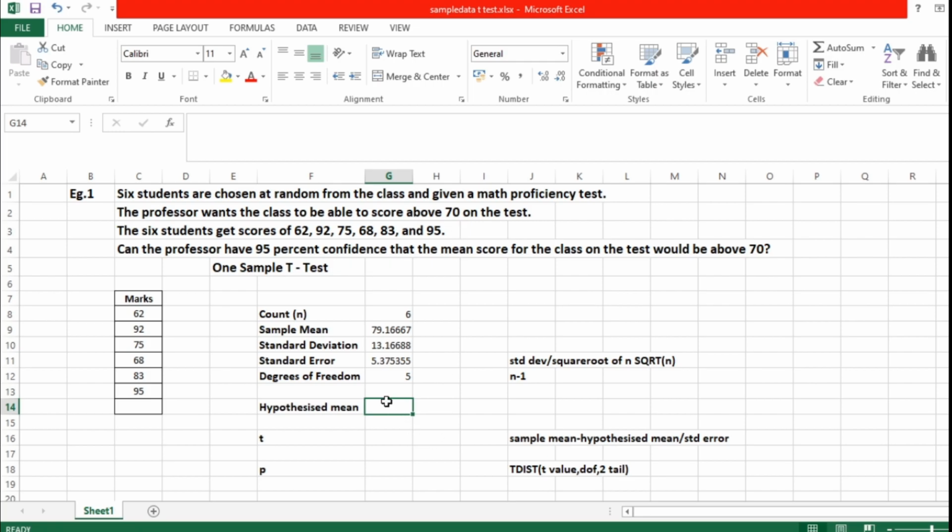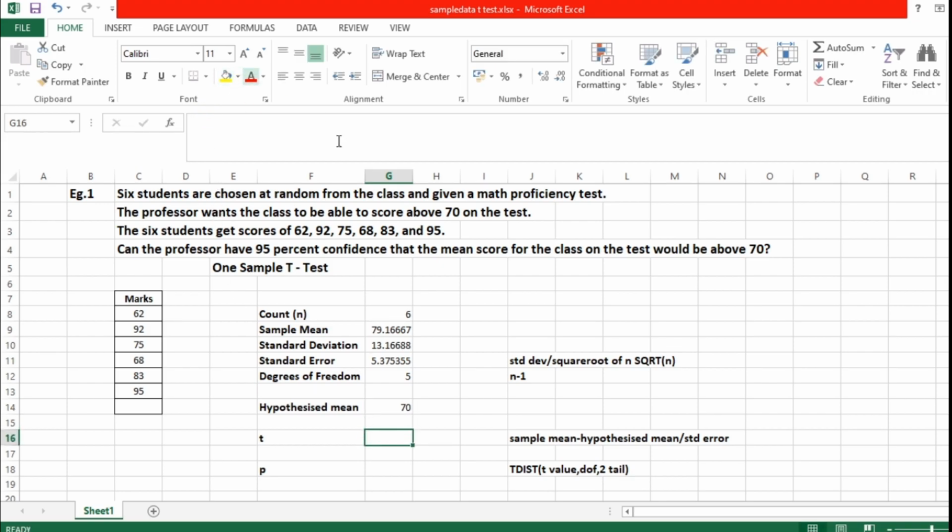So I'm taking 70 as the hypothesized mean as suggested in the problem itself. The next step is we are going to find the t-value, the t-test value.